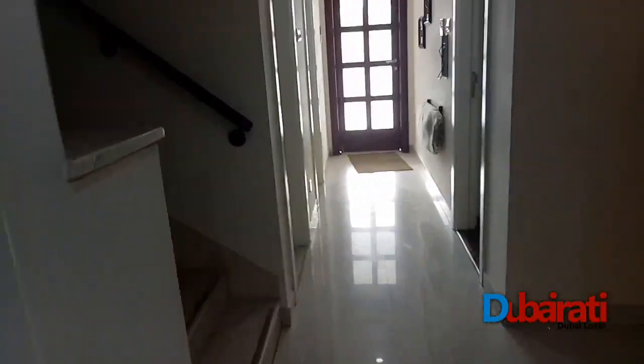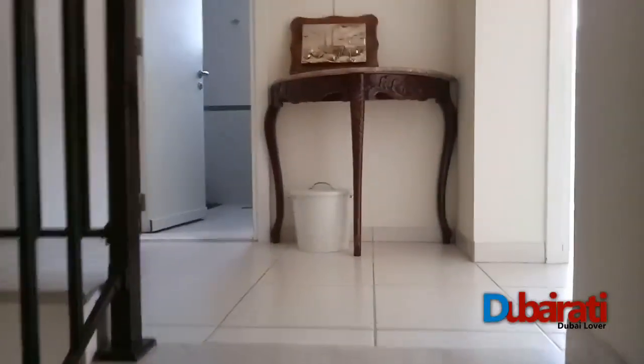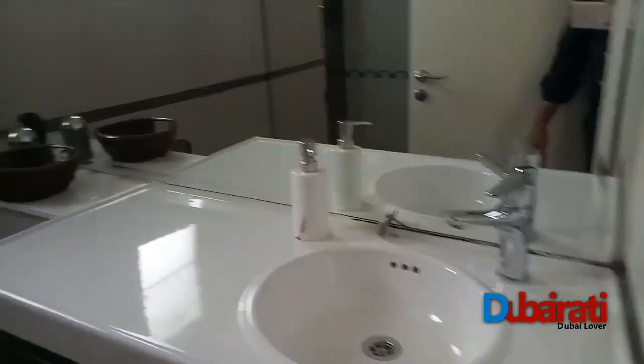Yeah, they are going on the top to see the other 3 bedrooms, but one is locked. I can show you the two villas' bedrooms. This is an upgraded